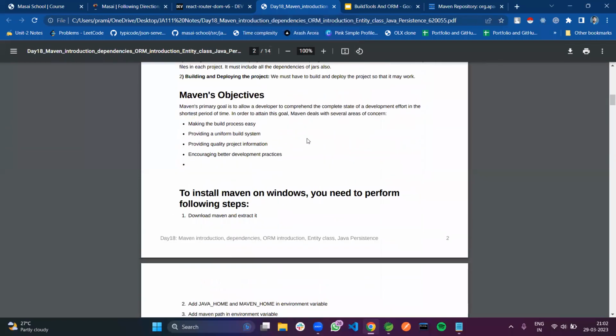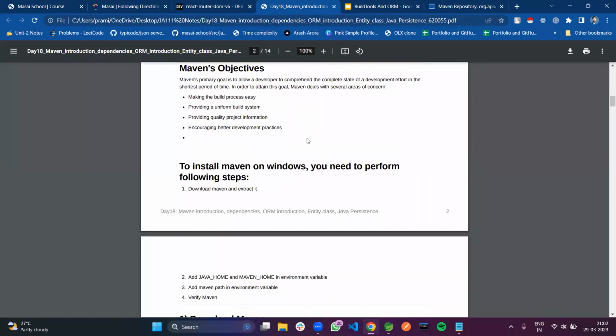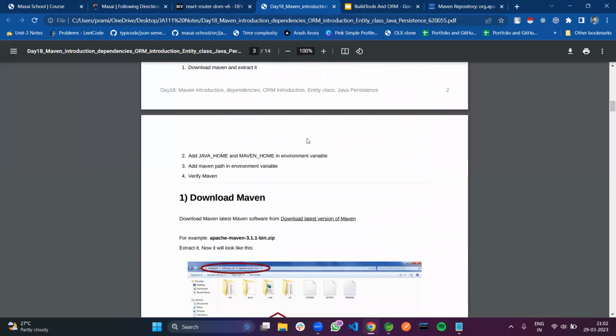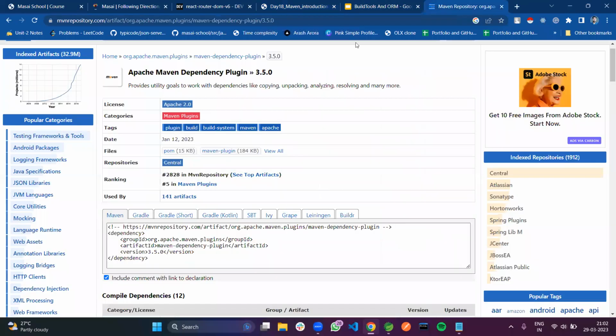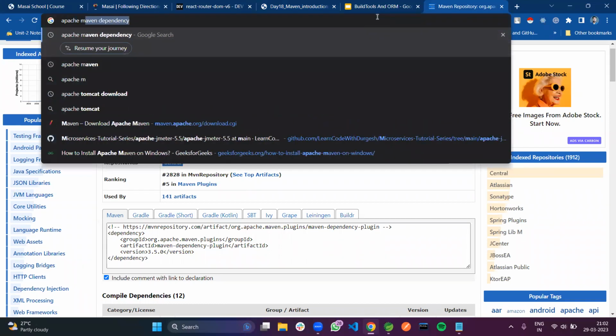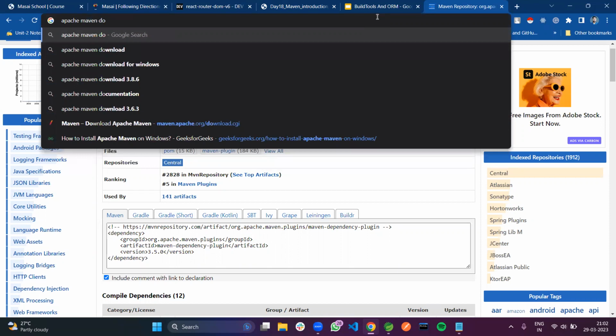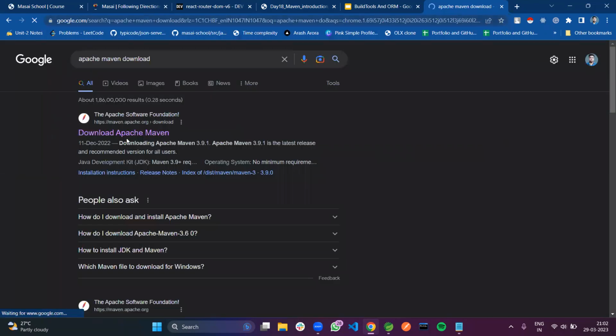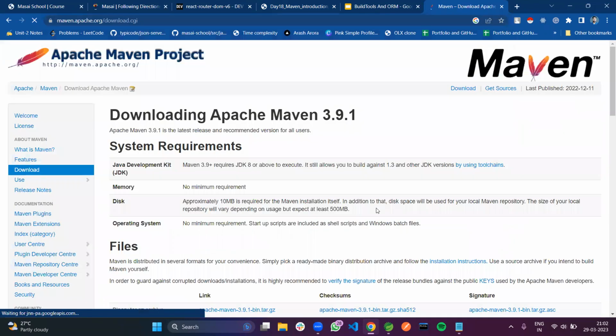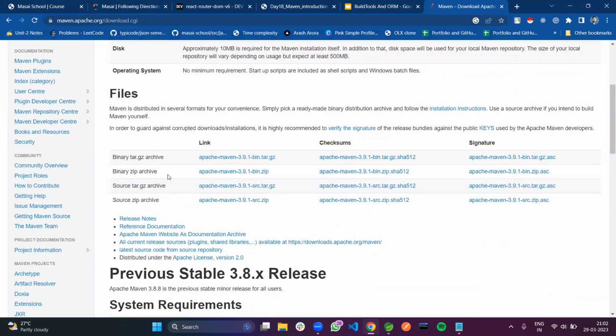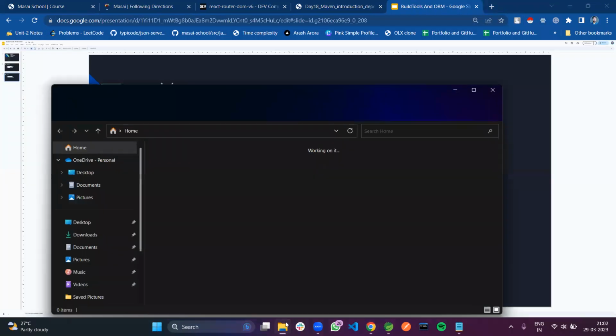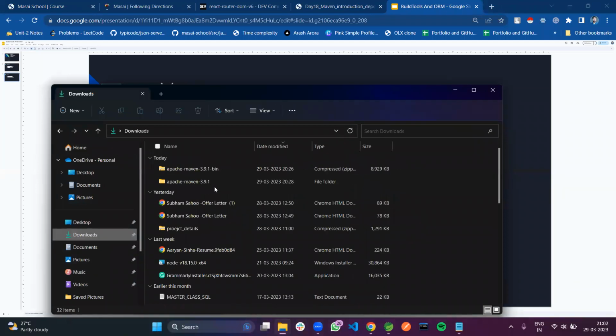So now, coming to the installation process. I'll tell you this is very easy. But first of all, we have to go to the official Apache Maven website. Download. Okay. So here you can go to the download Apache Maven section, and after going here, you can download this one. I will not be doing this because this is already present in my system. After downloading the zip file, you can go to your local system and unzip that and